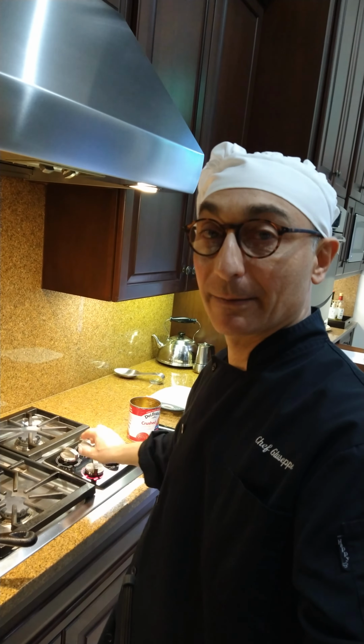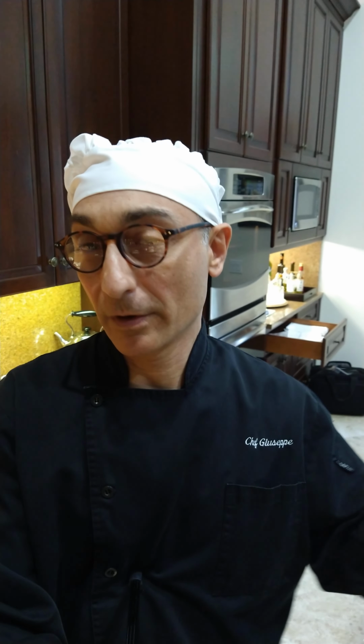And as you can see, I'm making some meat sauce for tonight's dinner. We have 4 guests, so I'm preparing a double batch. This is one of the recipes that you can find on mealsforlongevity.com. This is a classic bolognese sauce with pork, with beef, with tomato, and we're gonna serve it over noodle for